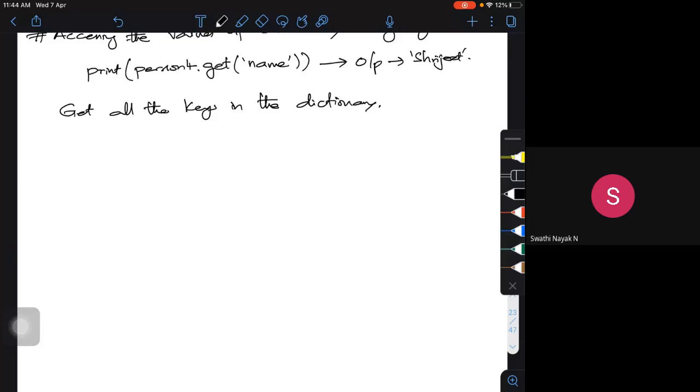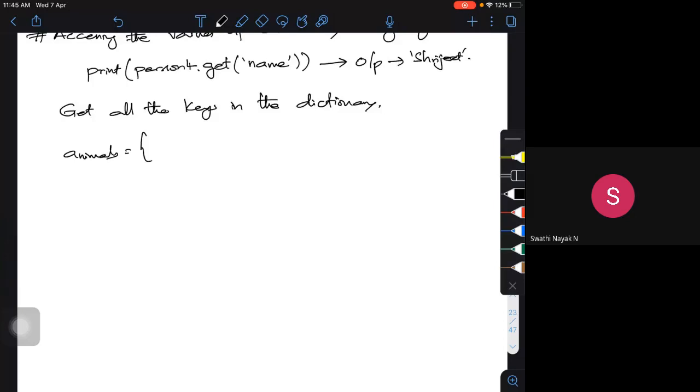Let me give an example. I call it a dictionary name. It has some key value pairs. We can go with anything, animals or something. Let me call it animals.